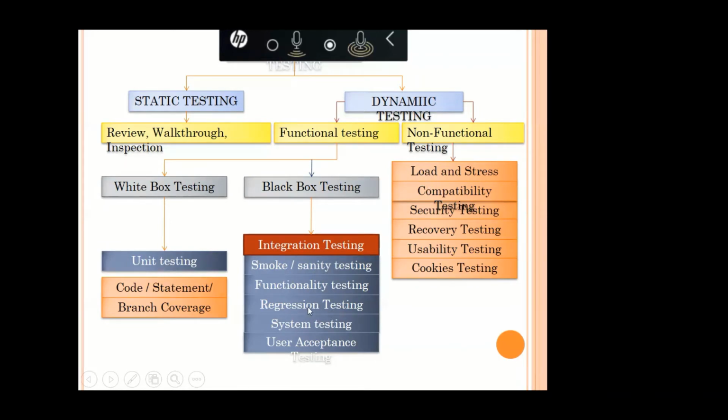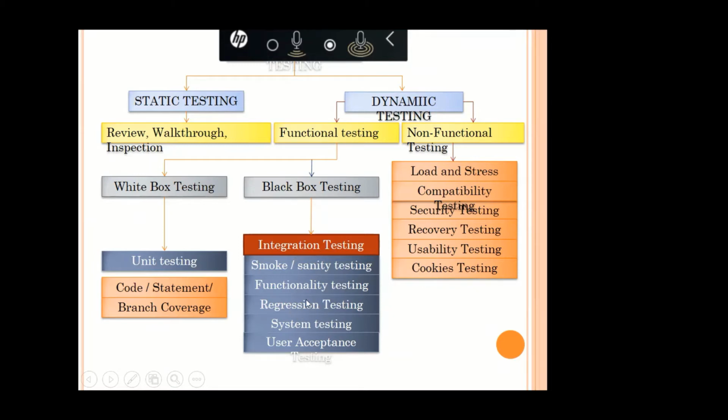After that, regression testing. Once testing is completed, some defects and bugs are identified. We raise all these bugs in tools like RTC and Jira. Once we raise them, the developers fix them. If it is high priority, they fix the bugs immediately. Once the bugs are fixed, after that they will